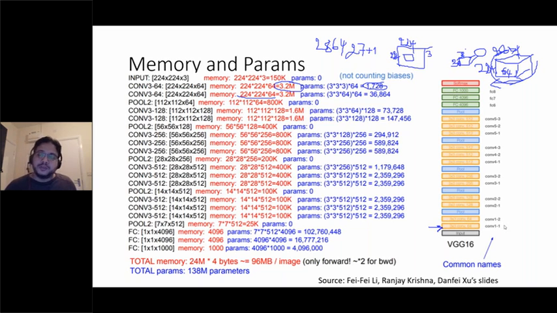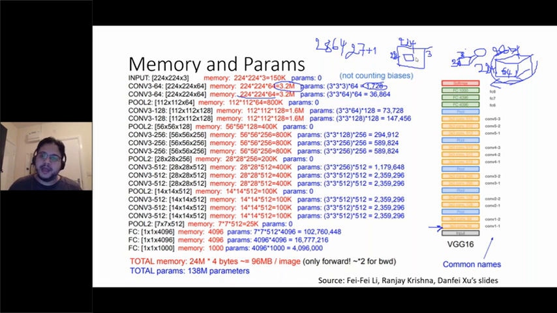Each neuron will produce a feature map, an activation map, by swiping through the image. Each neuron has just 27 or 28 parameters, but because it swipes, it will produce a lot more numbers.